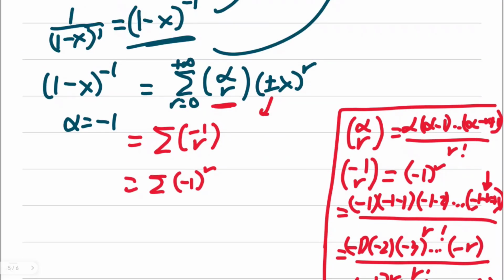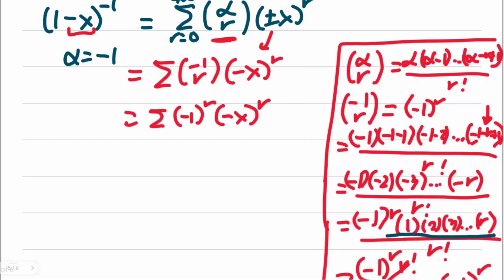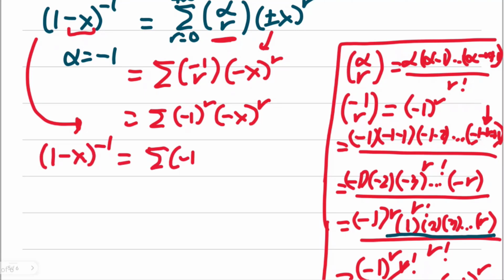What would be used here? The negative r or the plus r? That is actually one of the things we need to consider, because later on, here we see that the second term here is not just positive, but it's negative. So take note, we're going to take negative x to the power of r, which will be paired here by negative x to the power r as well. Okay, so this is how it is equivalent. So again, let me write here 1 minus x raised to negative 1 is equal to the summation of negative 1 raised to r, negative x raised to r, as r starts from 0 to infinity.